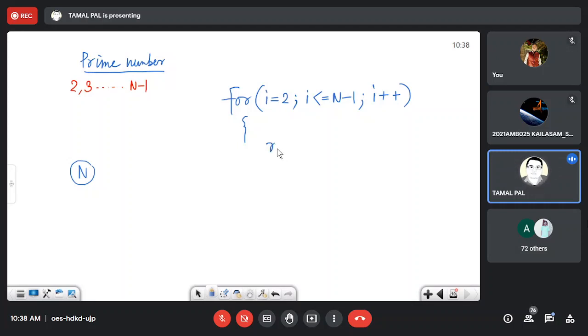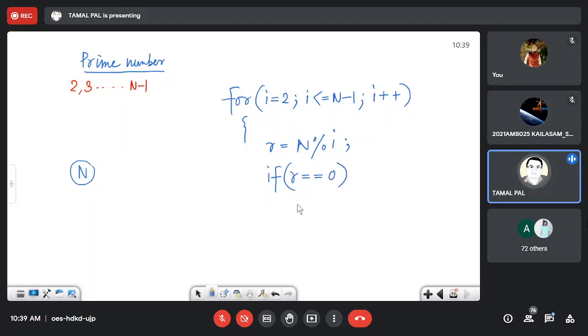So, if the remainder, n modulo i, not i modulo 2, it's n modulo i. Now, if r equal to 0, then what happens?